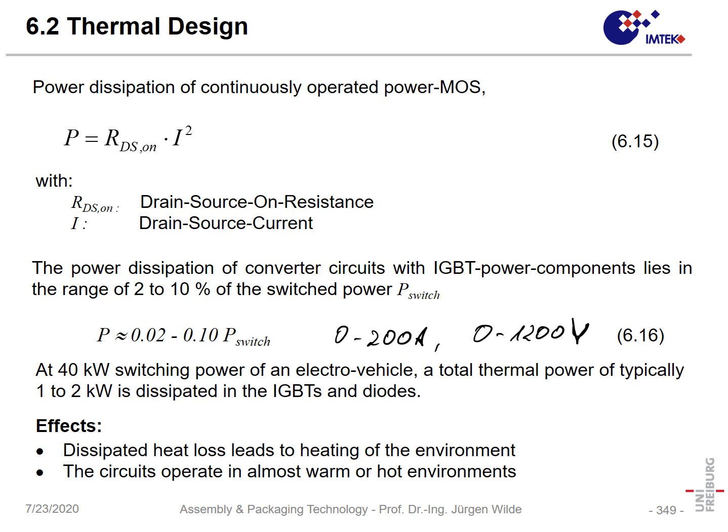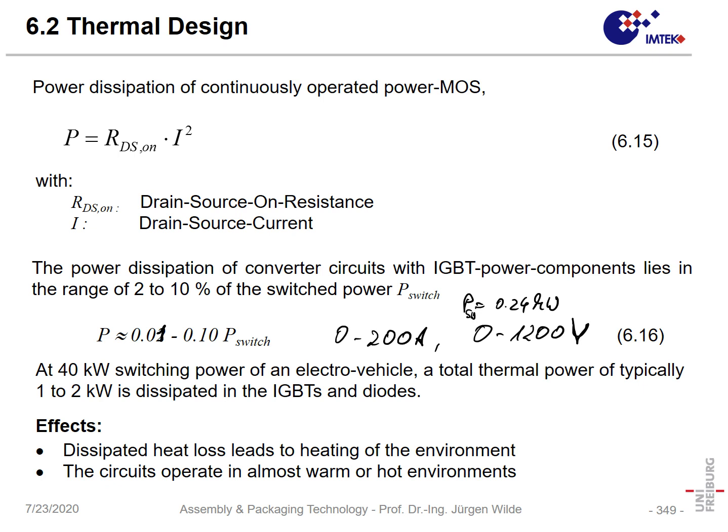Here in that case it's 0.2 megawatt, and when we take that switched power and we take between maybe modern devices it's rather 1% and 10% of that switched power, then we get